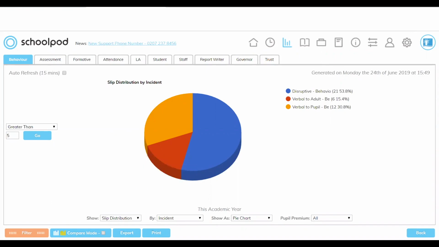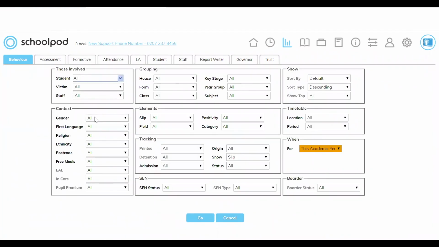We can also do a compare mode and a filter mode for this particular report as well. So we could filter at the bottom left-hand side, and then we could record, say, a gender in terms of our context drop-downs on the left. So we're going to look at